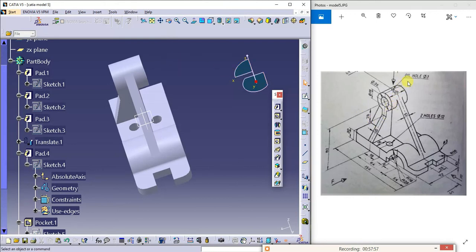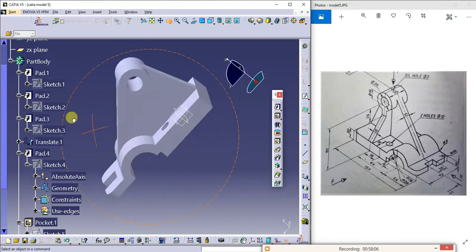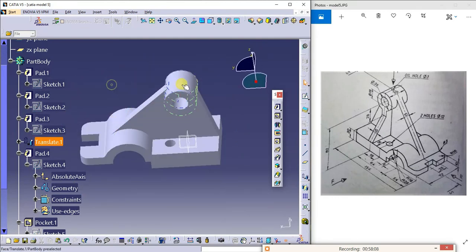Next I need to create this oil hole of 3 mm. Now I select this and try to move it to the top. This plane I'll try to shift to the top.